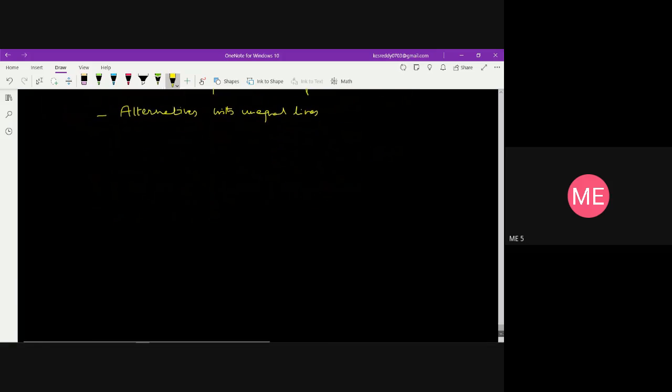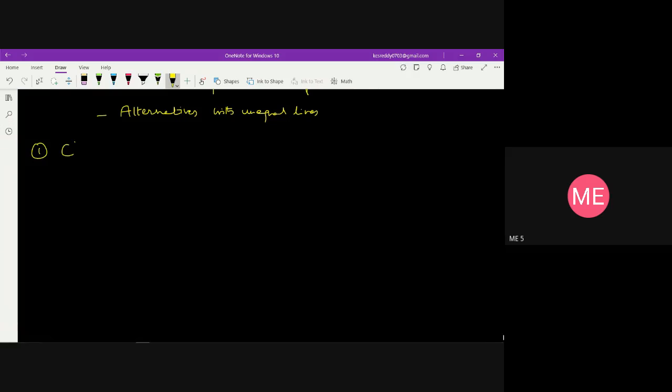The first one is choosing alternatives with high IRR values. Generally, for example, there are two alternatives. If you take this graph,